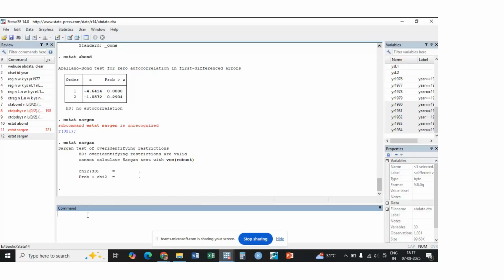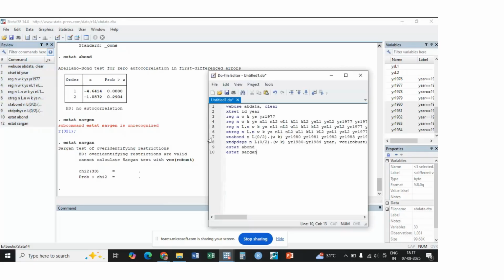So there's a small catch with the Sargan test. You cannot run the Sargan test when you have used robust standard errors. If you're accounting for heteroscedasticity, you cannot run it. So why don't you run this model, the dynamic system GMM, without